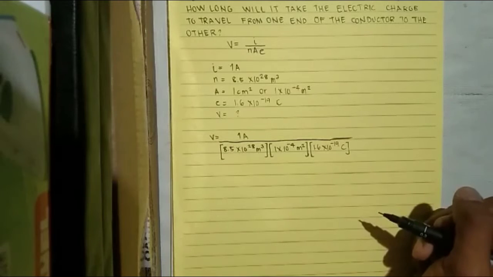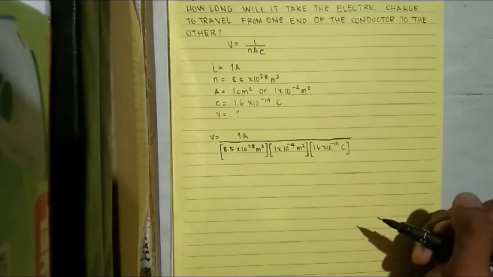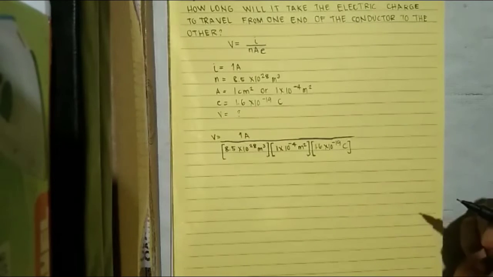To simplify this expression, makuha nating velocity ay